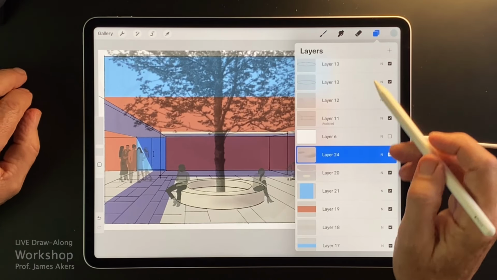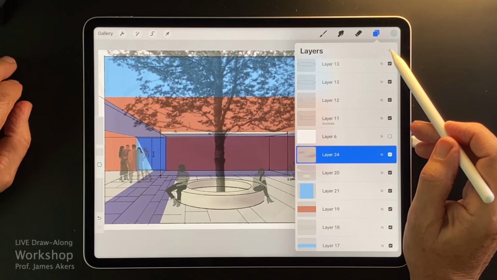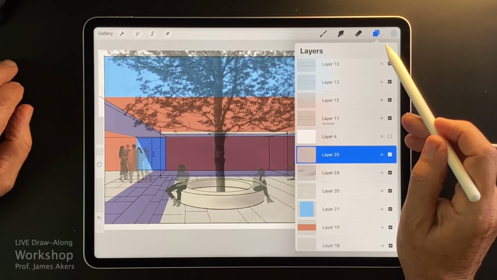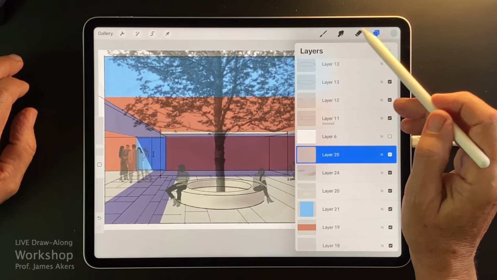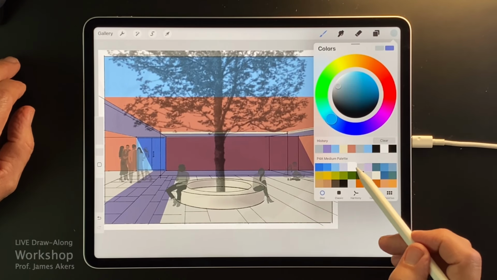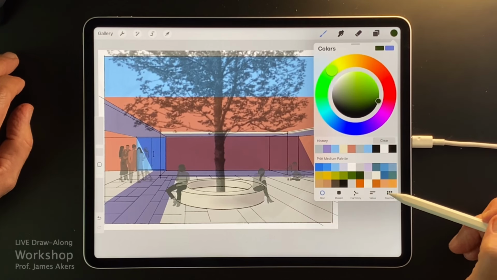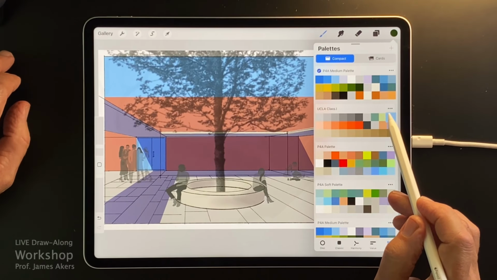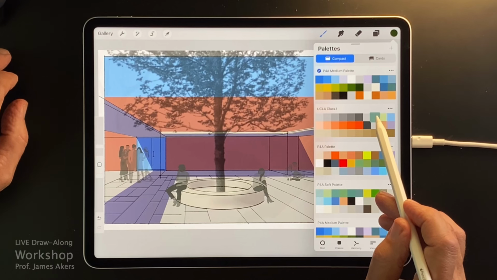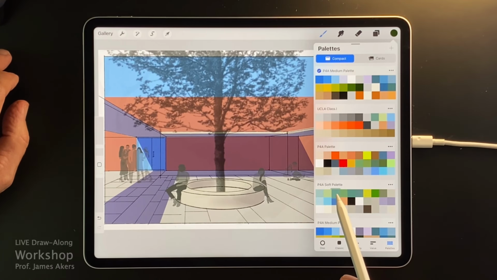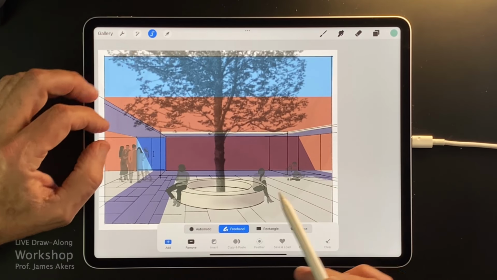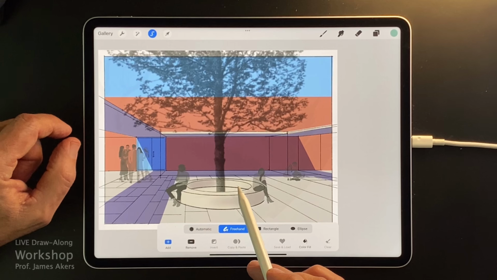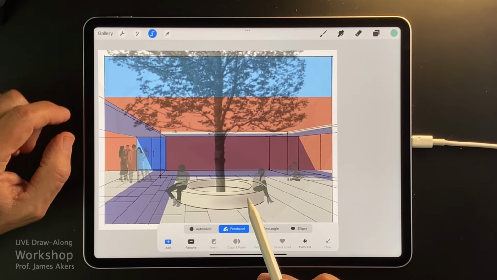And let's see, and then the last thing, let's do that fun thing we did with the plants last week. We never quite finished, but let's add something for the planting in the middle. And what I'll do is I'll start with a green color. And greens are my toughest colors. I get them too bright or too rich, but I'm going to use these gray greens, at least for a start. So I'll tap the gray green. And what I'll do first is make sure that I've got the whole inside filled. It'll be a raised planting bed.